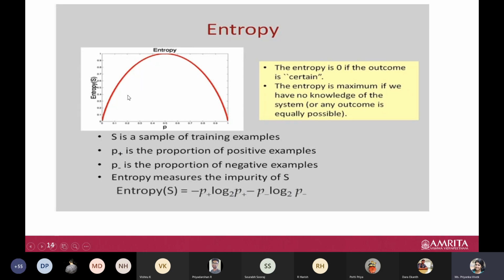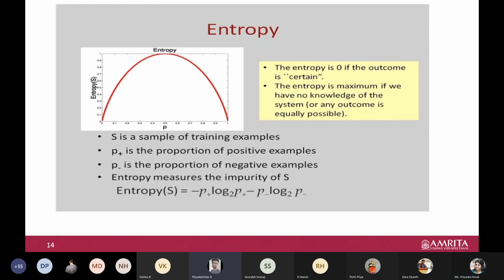When all the instances belong to either the positive class or the negative class, in both cases our entropy is 0, because it is obvious and direct, there is no uncertainty. You know that all the samples are surely positive. Any sample you take, obviously it is positive. So there is no uncertainty, there is no disorder in the system. So then we say entropy is 0. Our intention is to bring down this entropy. So just understand.